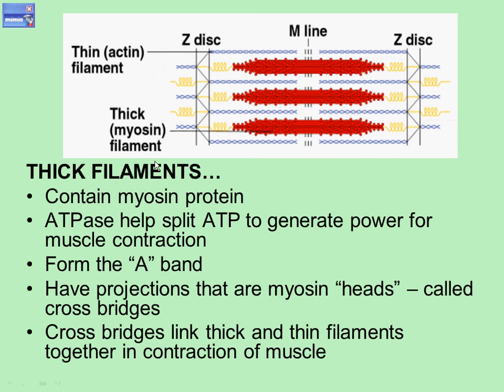So our thick filaments, these big thick red filaments here, are myosin filaments. Okay, they're going to contain our myosin protein. They're also going to contain ATPase, which is an enzyme that helps split ATP so that we can actually generate power for the muscle contraction itself. Our myosin filaments are going to be responsible for